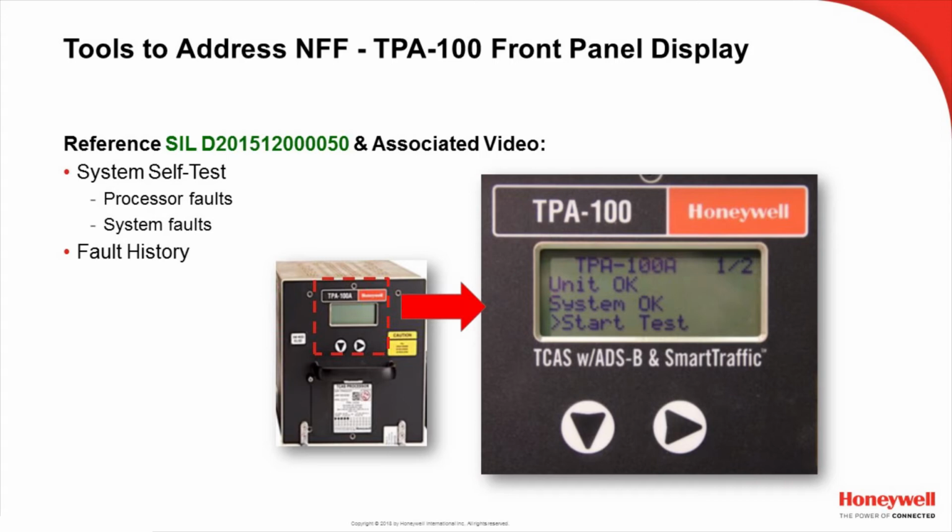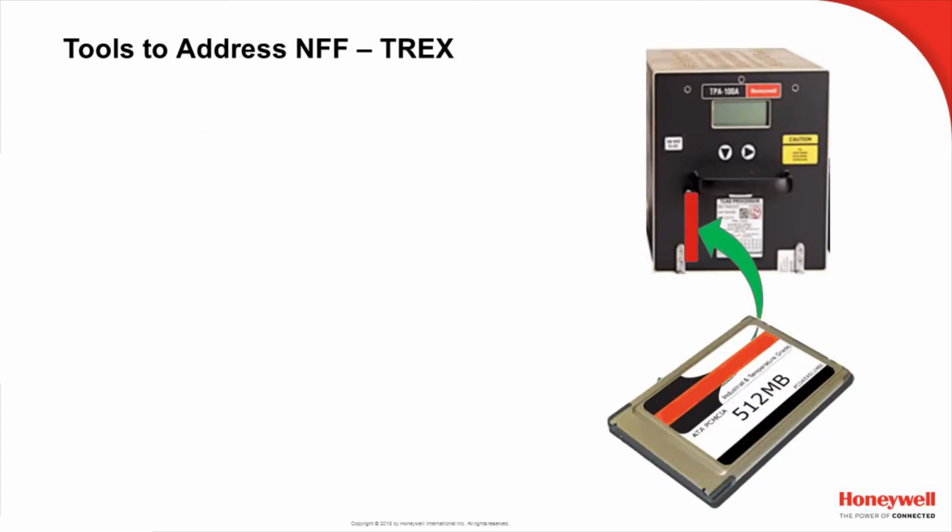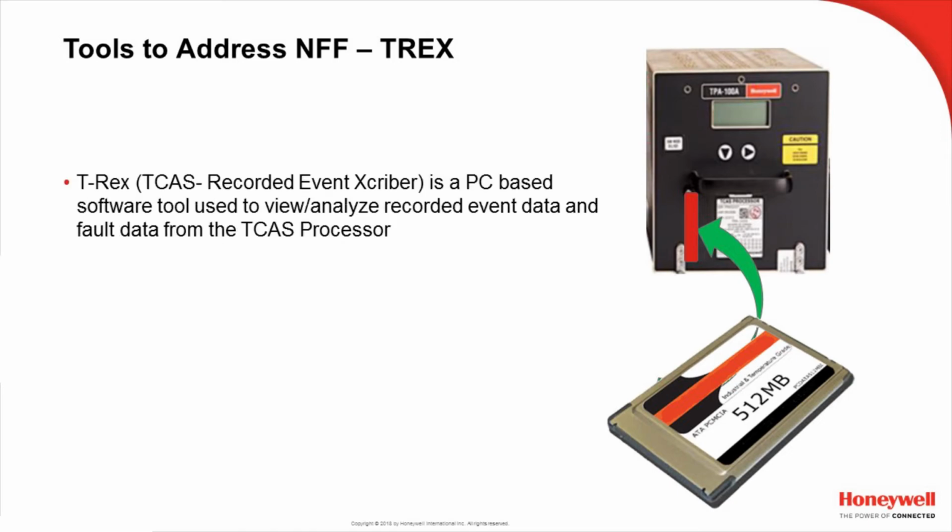If you're struggling with intermittent faults on a particular aircraft, there's also a very useful fault history that can be brought up and read that will show you the history of different faults that have occurred within the system as a whole. The next tool that we have available is our TREX, or TCAS Recorded Event Transcriber tool, which is